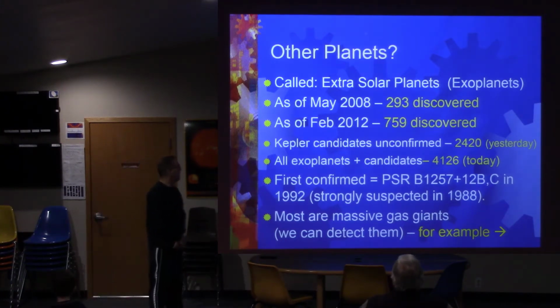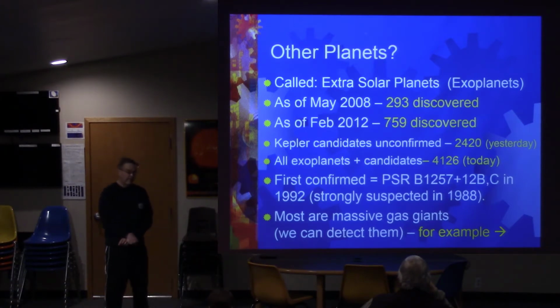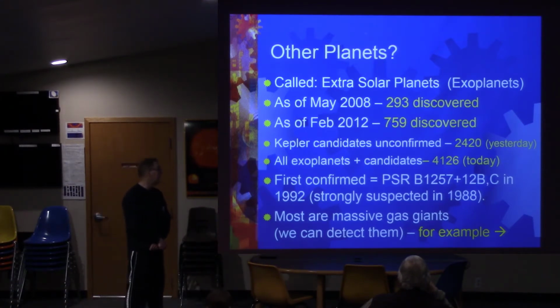2008 we have under 300. 2012, less than 800. Kepler candidates unconfirmed at this point as of yesterday are 2420. And all exoplanets plus the candidates today is just over 4,000. It's pretty good numbers. Very first confirmed exoplanet came about in 1992. It was strongly suspected in '88, but they just didn't have a clean enough signal yet to convince the astronomical community. It is funny to think that